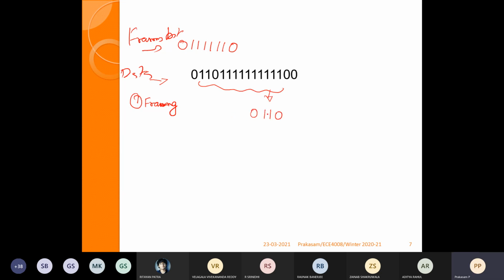Along with this data, 0, 1, 1, 0, how many ones? 1, 2, 3, 4, 5, 6, 7, 8, 9, 10, then 0, 0. Along with this data, we are adding framing at the starting as well as at the ending: 0, 1, 1, 1, 0.